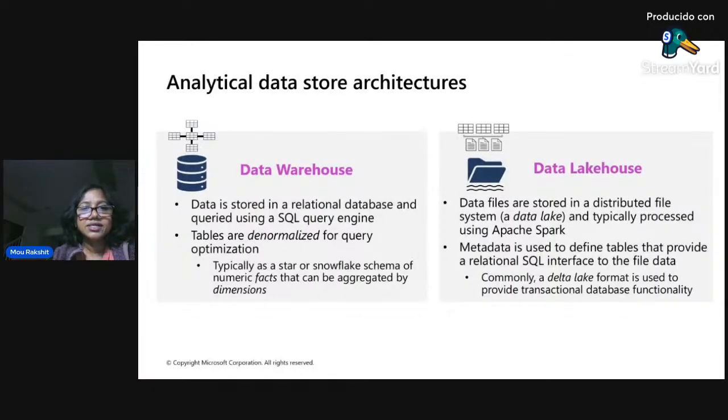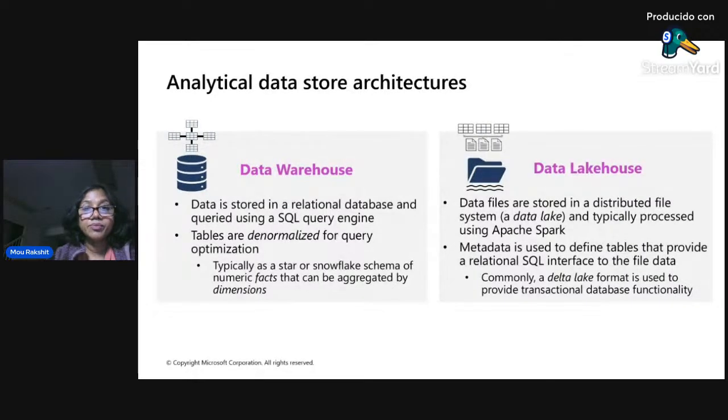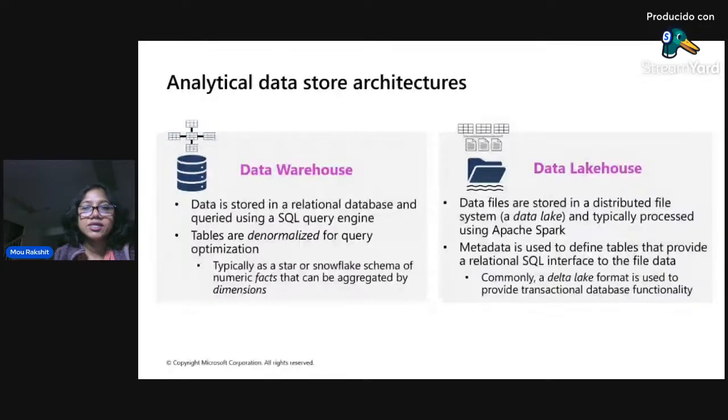And data lakes are traditionally stored in a distributed file system, meaning the underlying data is stored in files, and that we call a data lake, right? Typically, it is processed with the Apache Spark parallel processing engine, that distributed computing engine that I was talking about, where you have multiple nodes of clusters of virtual machines working together. One of the nodes is the main node, which is the driver, and there are multiple worker nodes. And the goal is to get the processing done in a faster, parallelized fashion.